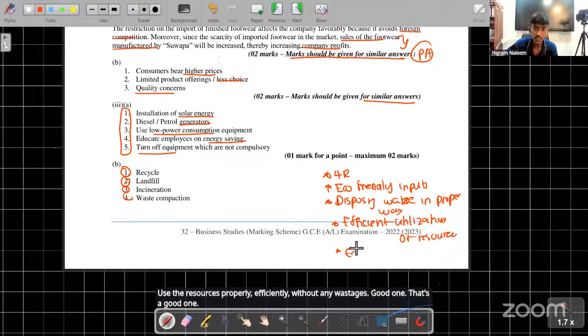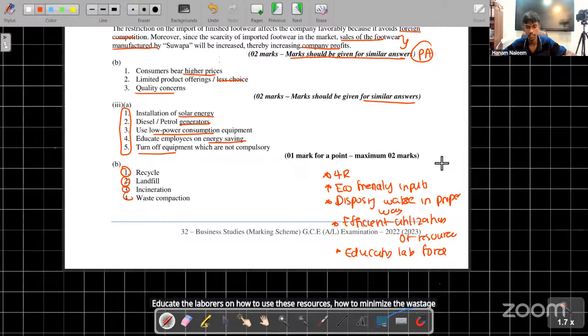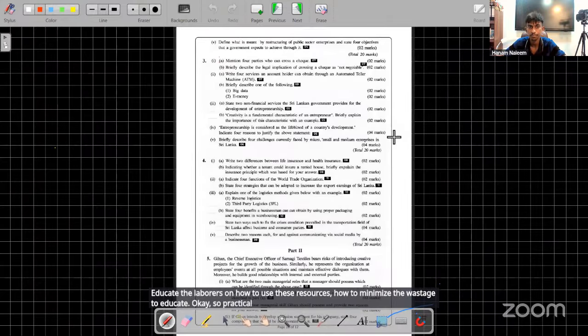Maybe you can take educating your labor force. Educate the laborers on how to use these resources, how to minimize the wastages. Educate them. Okay, so practical answers. Next,